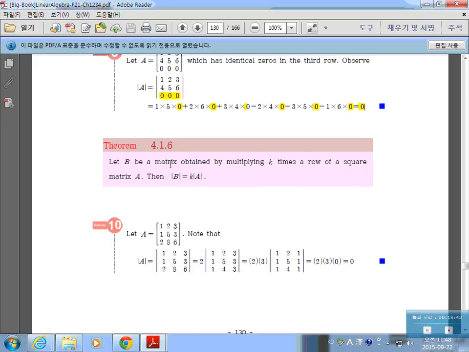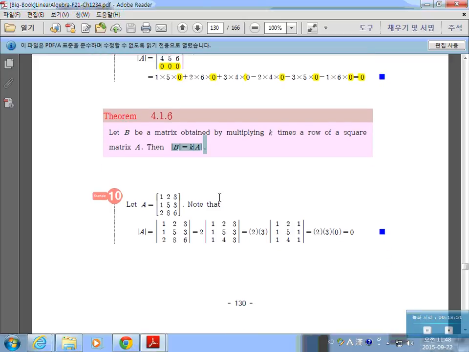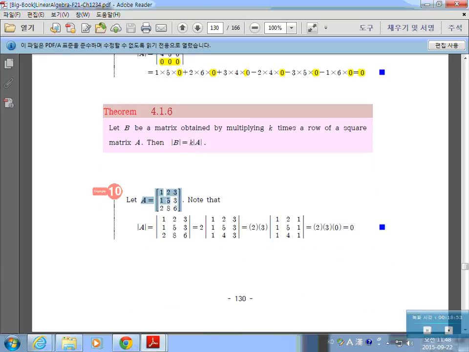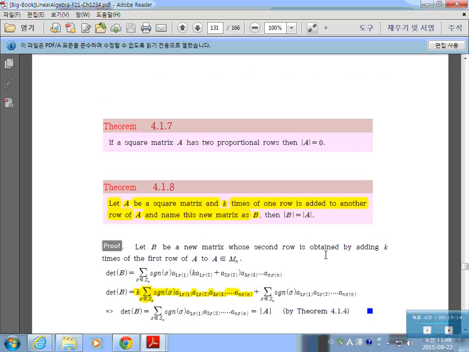And let B be the matrix obtained by multiplying a row of square matrix A by k. Then it's simply k times the determinant of the original matrix, like you see here. If A is equal to 3, you can extract 3 from here to have two rows and two columns of 0. So the determinant is 0. Every theorem that we mentioned works not only for rows, but for